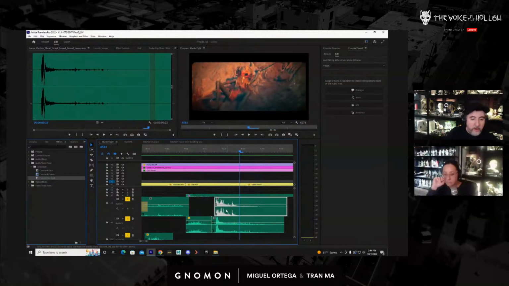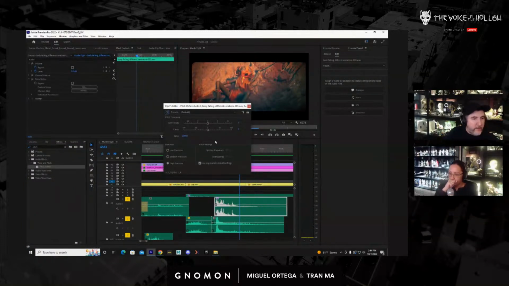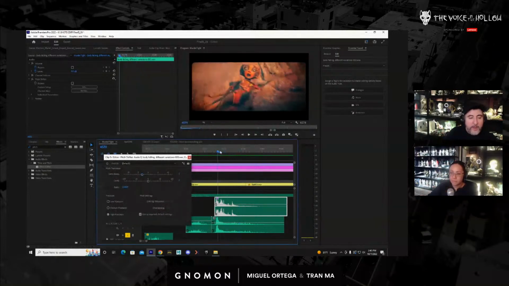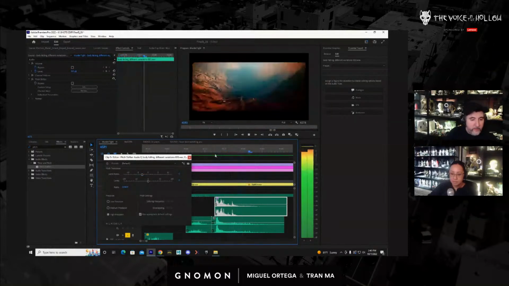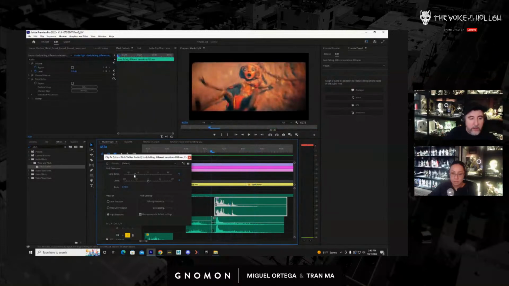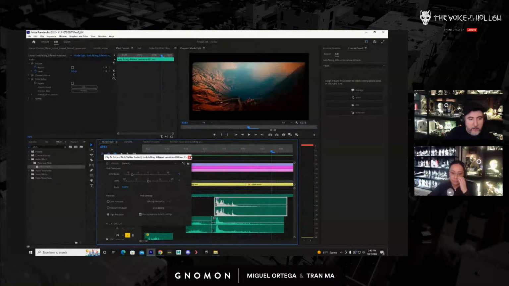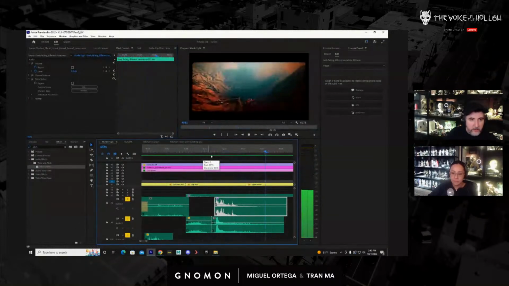So I could come over here to this guy and go to effects, and I'm just going to go to pitch shift. Go to edit. And I'm going to bring down the semitones, which are like the broader sounds, and the cents, like the higher, the more detailed. Bring that down some more. It starts sounding a little bit deeper. Okay, so that's pretty good. So let's just make sure.